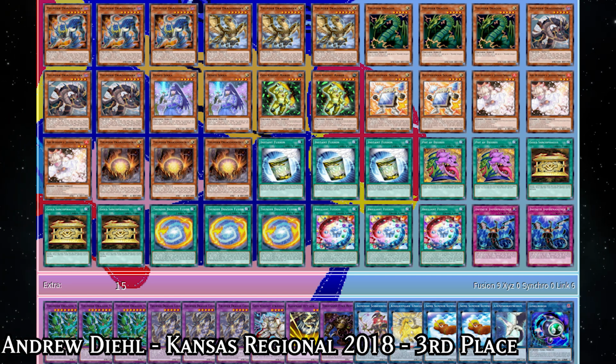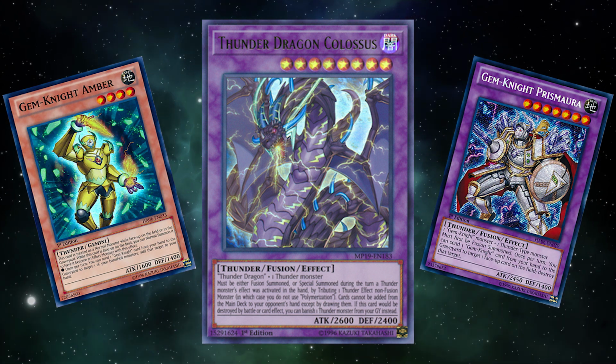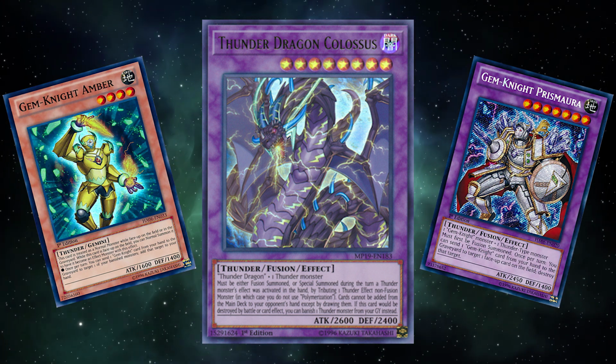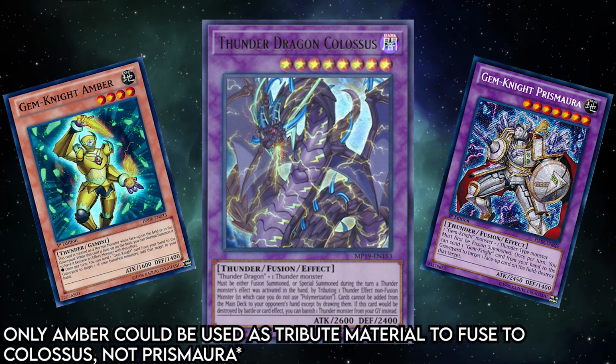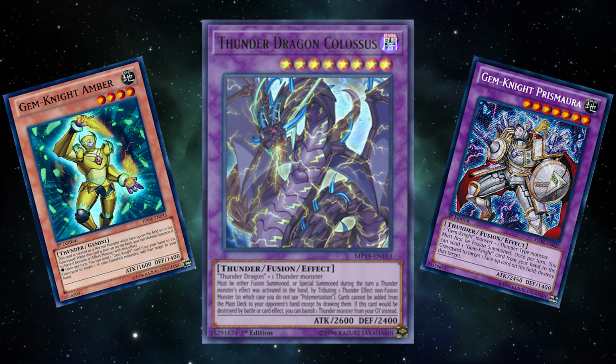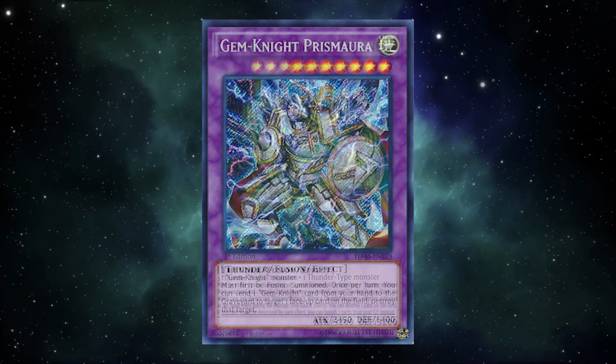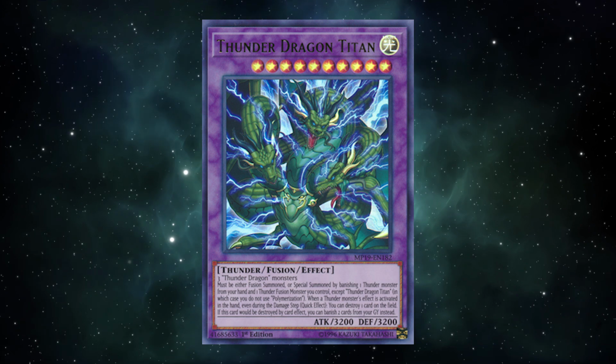The deck is notable because unlike most other decks abusing Brilliant Fusion generically, this didn't play Garnet and Seraphonite, instead playing Gem Knights Amber and Prismora, which both saw play solely for their typing, Thunder. This meant they served as fusion material, if nothing else, able to be tributed for Colossus or banished for its protection, and Prismora especially could be used to summon out Titan, Thunder Dragon's other fusion monster that could pop cards,